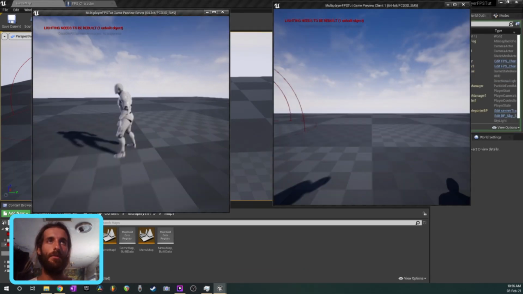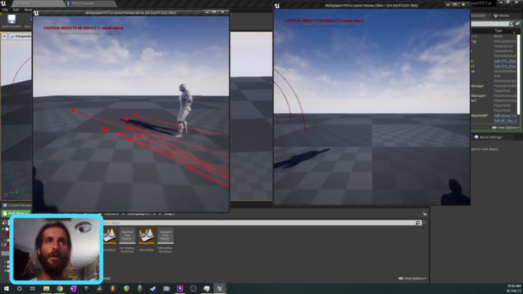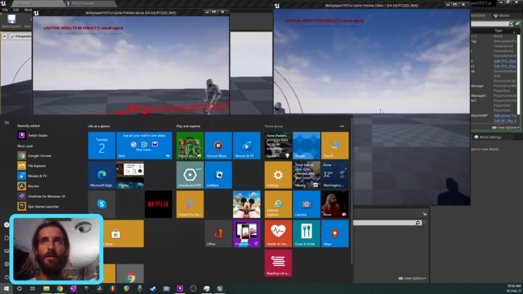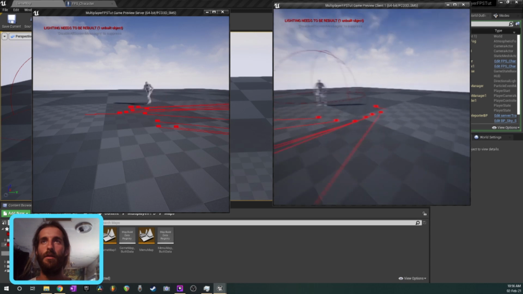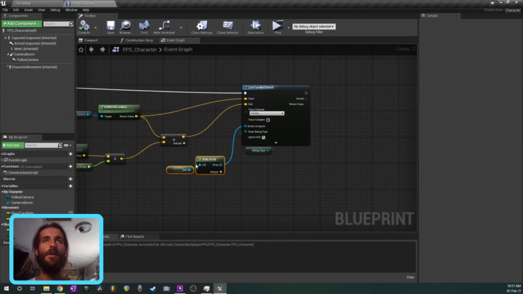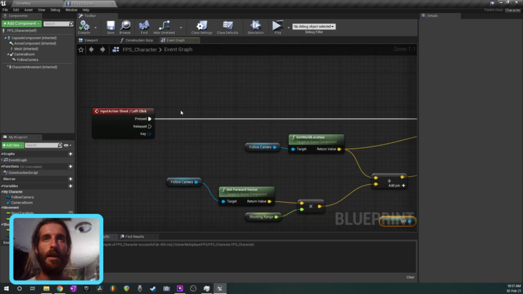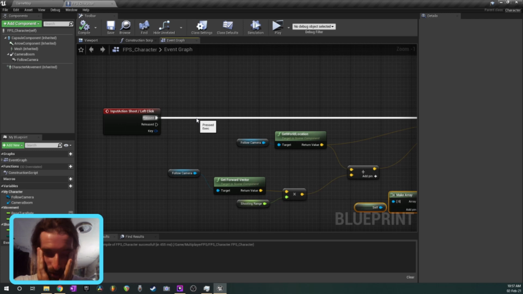Okay, so I'm in the game. There we go, you can see that I'm shooting, and what you might notice is it's not showing up on the client, and that is fine. And if I shoot on the client, it doesn't show up on the server. The reason for that is because when you do the input, this runs only on the client's version of the game. So at this point in the video, it's probably useful to mention